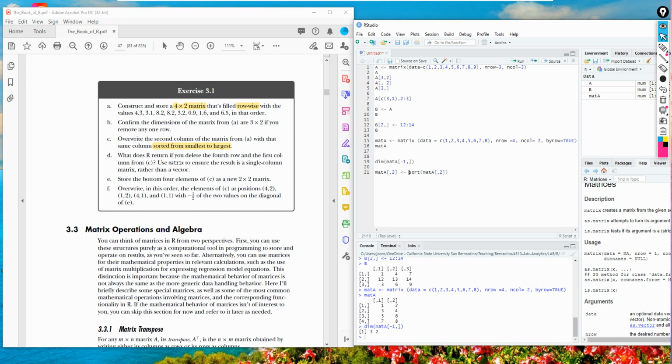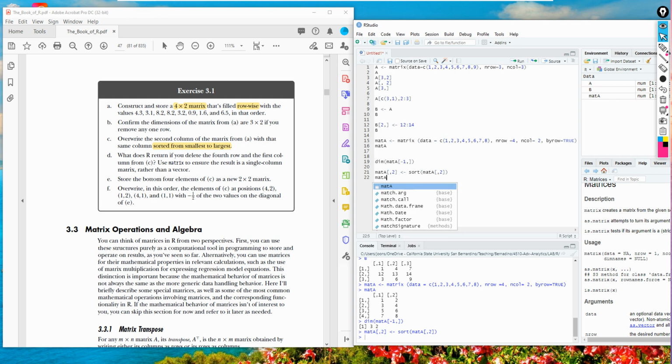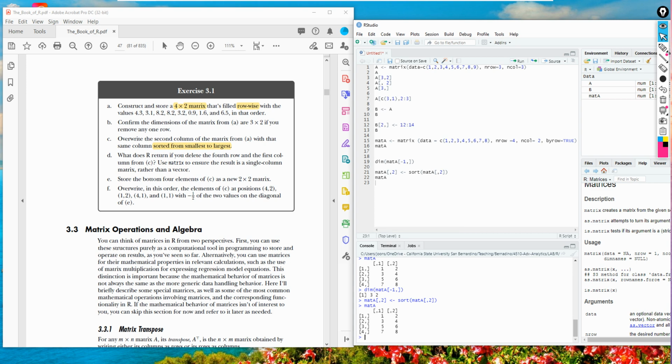So let's see. I'm going to run this, and then I'm going to see the matrix A and see what happens. Okay, so now originally, let me just...